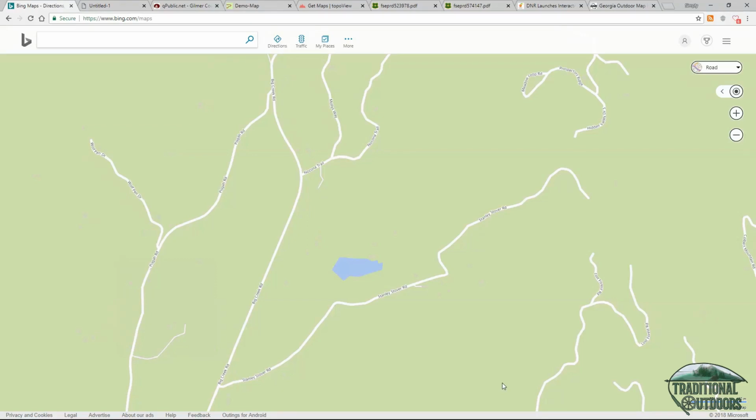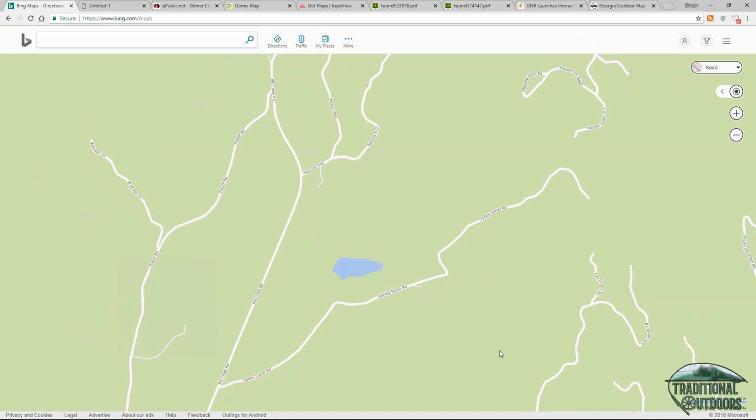It might give you a little bit more information, or maybe there's been a recent clear cut that doesn't show up in Google Earth, but it does in Bing, and you want to be able to look at that. So I've got a little demo area that I set up. We talked about it briefly in the last video, and I'm going to have to change my perspective on that a little bit because in doing the research for this video, I found that it is private land. So as we move forward, I'll probably be shifting away from this area, but because it's familiar and I've actually done a little bit of research, we're going to go ahead and use that for this particular video,